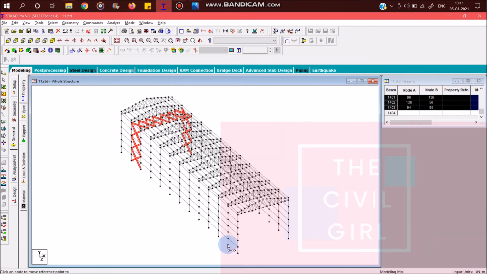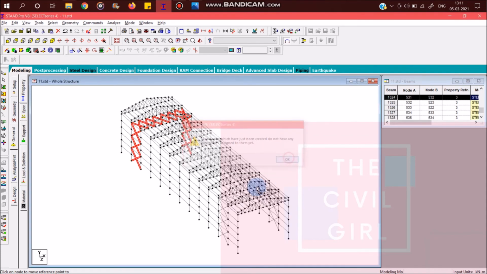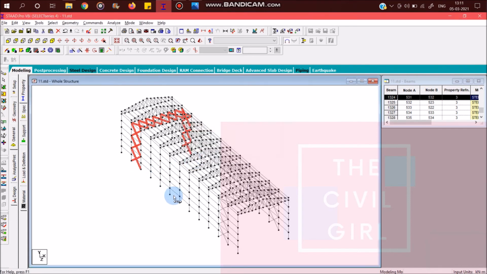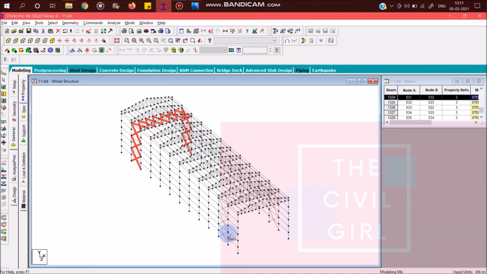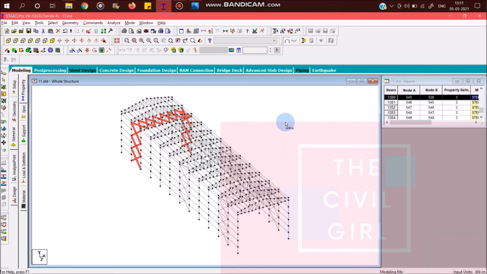If I'm going to paste them at this point, click on OK. Okay, and now they have pasted here. And then again I have to provide them in the middle. So where have I provided? 1, 2, 3 at the fourth bay from this side. So it is 1, 2, 3. I have to provide them here. Click on OK. So now everything is provided.